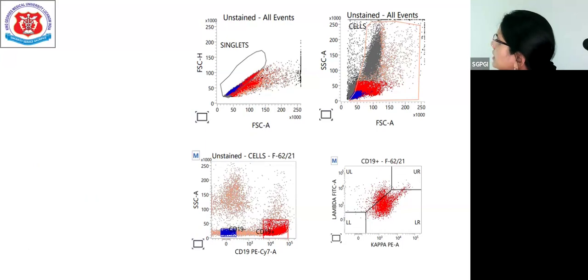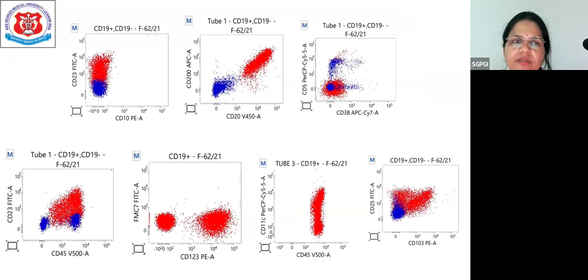Okay, now with the help of side scatter and forward scatter, can you comment on the size of the cell here? Medium size, okay. Medium, probably, or medium to large, probably medium. Okay. You have gated the CD19 positive cell. Clonal or not clonal? Clonal, some kappa clonality it is showing. What about CD23? Bright. CD10, negative. CD20, positive. CD5 is, CD38 is,